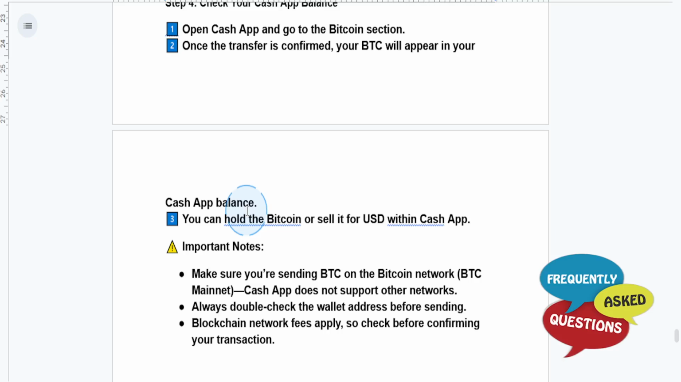Now, some important things I want you to note: make sure you're sending Bitcoin on the Bitcoin network, right? A BTC mainnet, because Cash App does not support other networks. Make sure, this is very important, guys. Very, very important. And you want to also always double check the wallet address before sending, because once you send it to the wrong address,